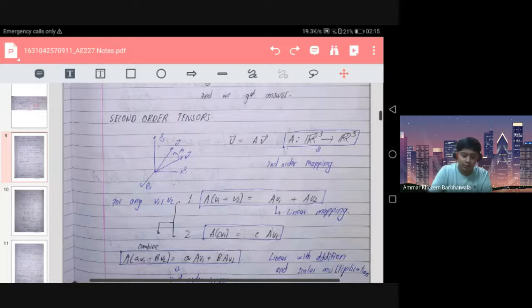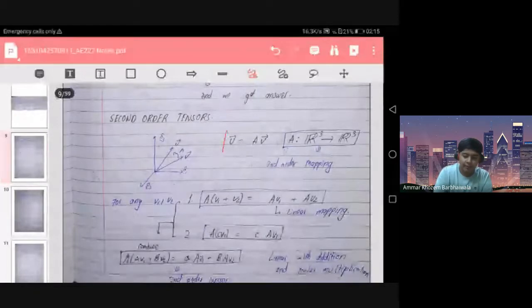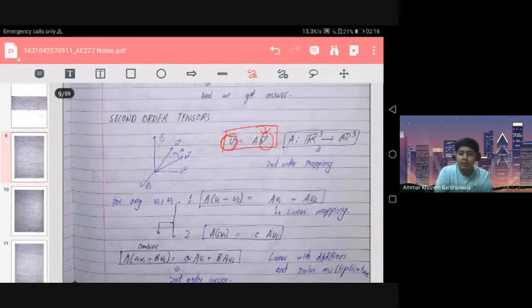Okay, so last time we basically discussed second order tensors. As said, a second order tensor is a map from one vector to another vector. If I apply this tensor on this vector, it would give me another vector u. And the interesting fact about a tensor is that it's a second order mapping. Obviously it takes a vector and spits out another vector, but it is a linear mapping,